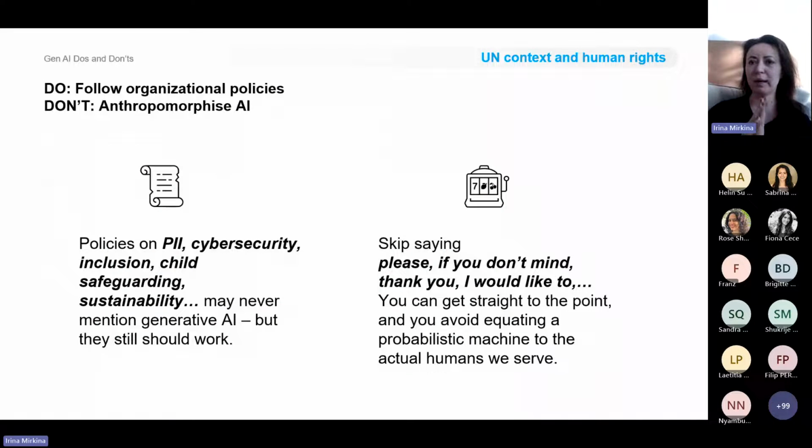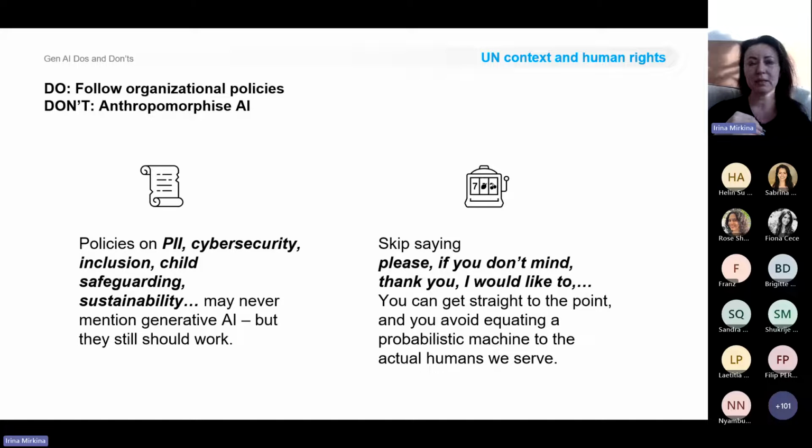So what it means for the UN system and for human rights. The first recommendation from me to you is to follow organizational policies, internal policies, and not all of those policies say generative AI in their title. All policies on data privacy and data protection, on cybersecurity, on sustainability, on supply management, on child safeguarding, on inclusion or prevention of sexual harassment, all of those policies still apply. And we will talk a little bit today about how those policies are affected by generative AI. What do you need to remember when using generative AI